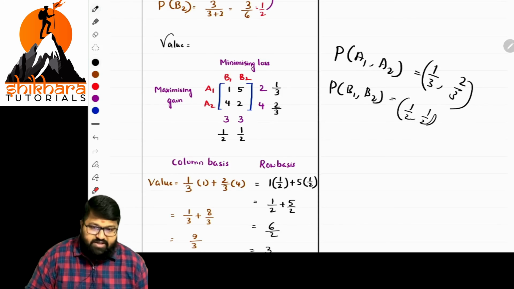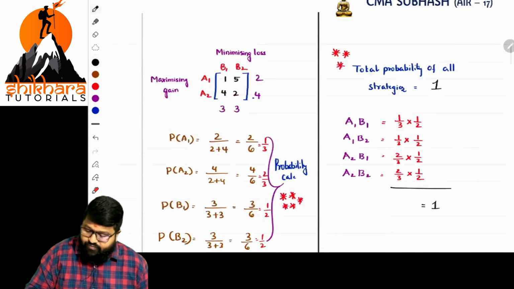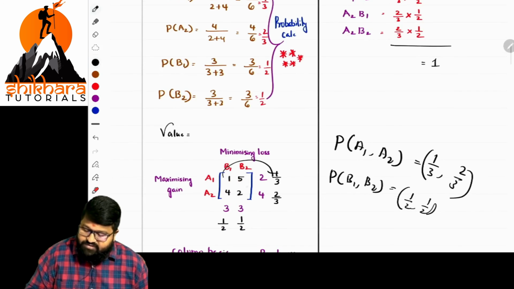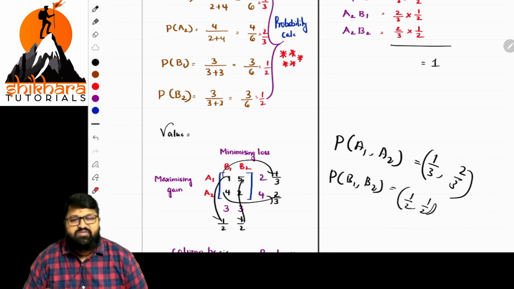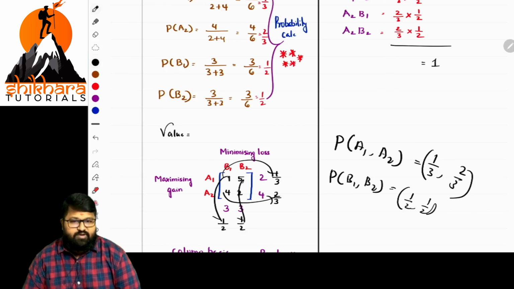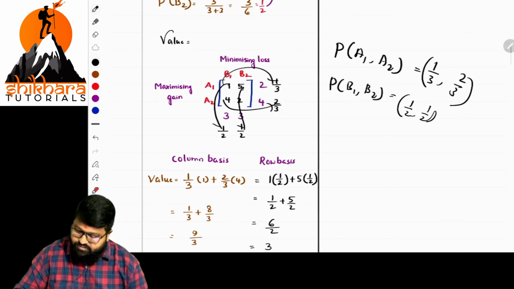Sir, once probabilities are done, and one more thing, whether you multiply with this and this sum, or whether you multiply with this and this sum, the same answer will come. You need not be confused at all. You will get the same value. Okay. So let us see some more.